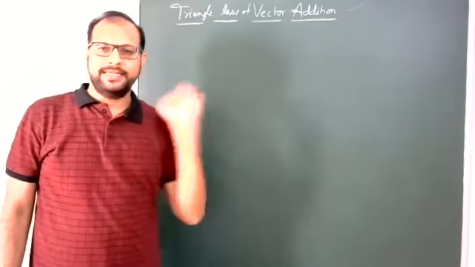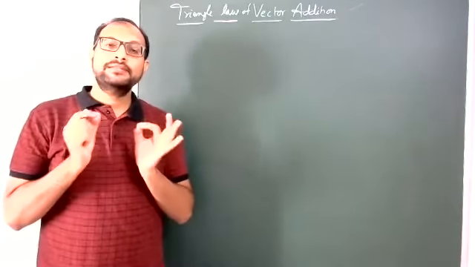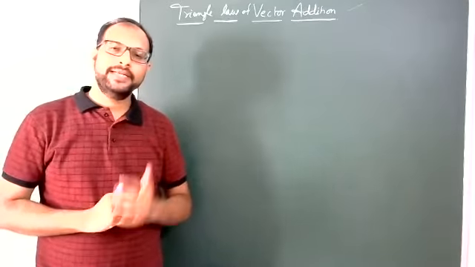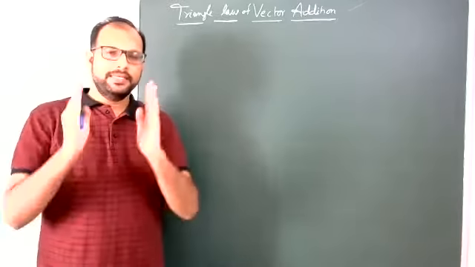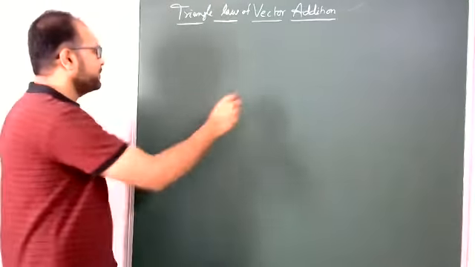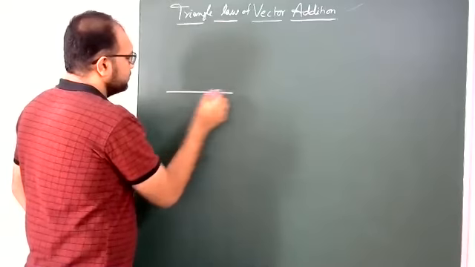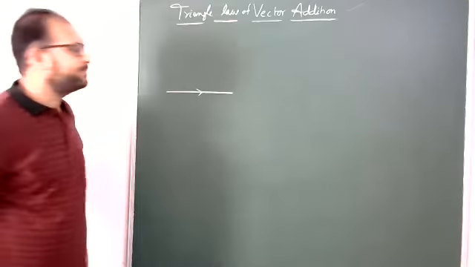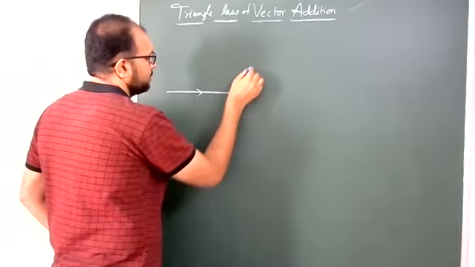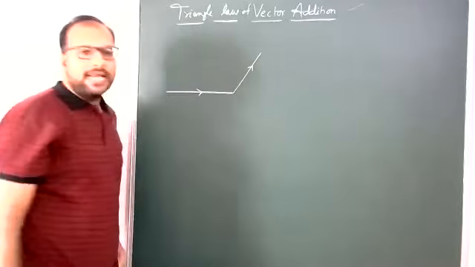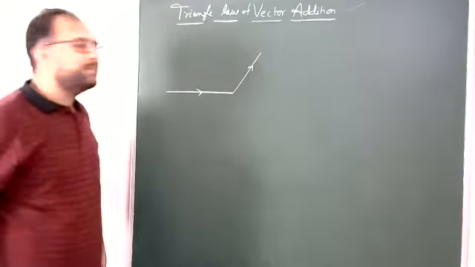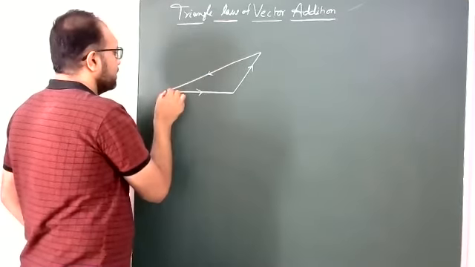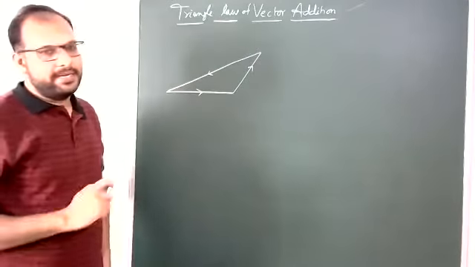Triangle, yes, three sides. So one side represents a vector. That means here three sides, three vectors. Okay, just now I am drawing one vector. Students, it is vector 1, indirectly a side of a triangle. This is another vector, another side of a triangle. This is another side of a triangle.